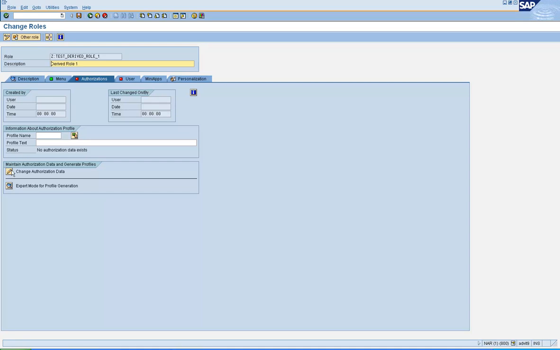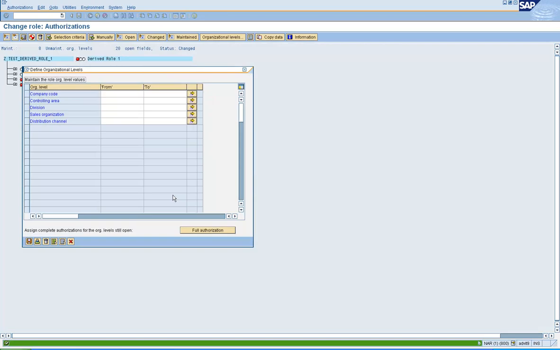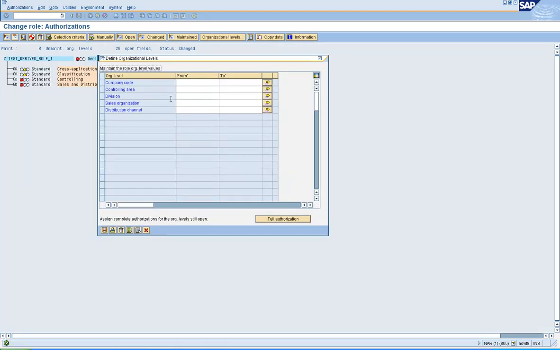Click on change authorization data button. Okay, first save it, then you click on change authorization data. Now you get the same 5 org levels. Now here you can maintain the org levels for this derived role if you want, and then maintain the field values as the authorizations for this role.